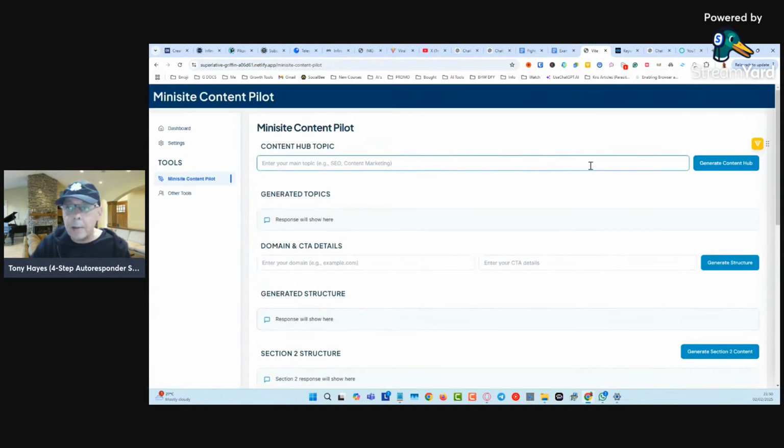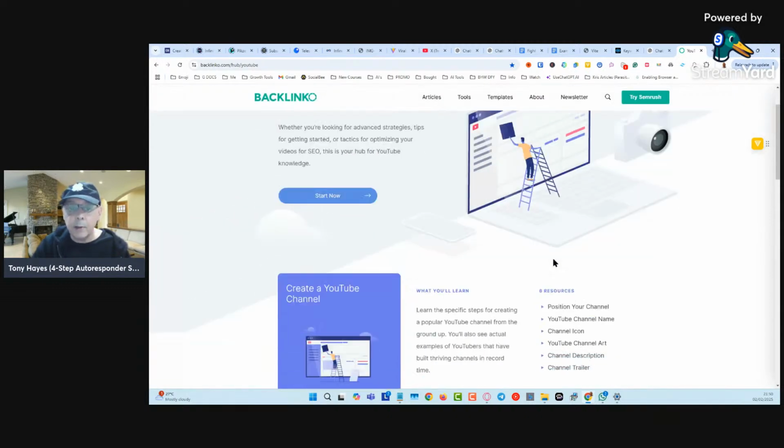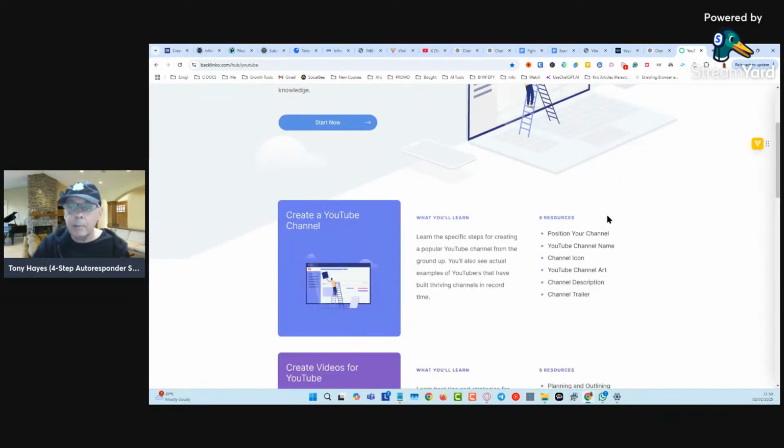So what it does is map out all of that, what your sections are, what your pages are going to be, okay? And then it's going to do the outlines for the pages, and then it's going to write the articles. It's going to do all of it. Then you can post them into WordPress. You still have a little bit of work to do because you have to put it together in this structure. I can't make the tool do this, okay? Why? Because I cannot make the tool do the URL slugs inside WordPress. If I could make the tool do that, then I could automate the whole damn thing, but I can't.